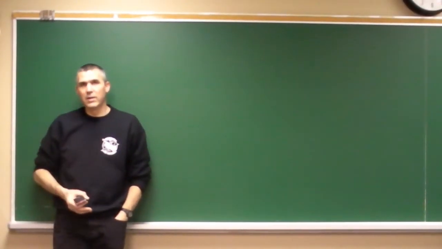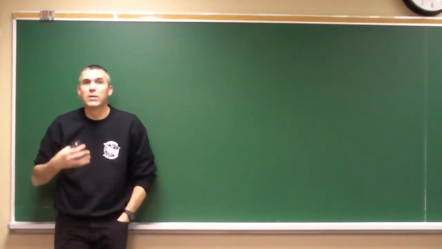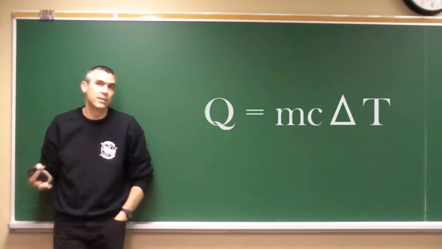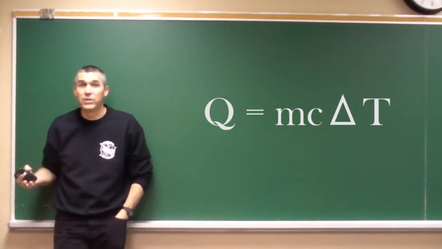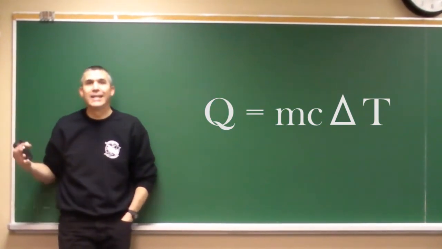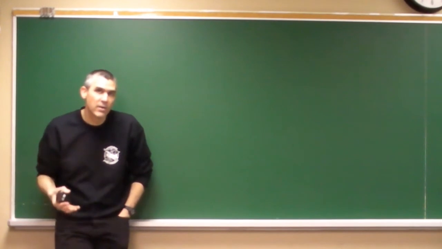In the last video, we talked about specific heat capacity, and we talked about the formula where Q, the quantity of heat transferred, is equal to the mass of the sample times the specific heat capacity times the change in temperature. Q is equal to mc delta T. That's all well and good as long as you're heating up water or cooling down water, but what about change